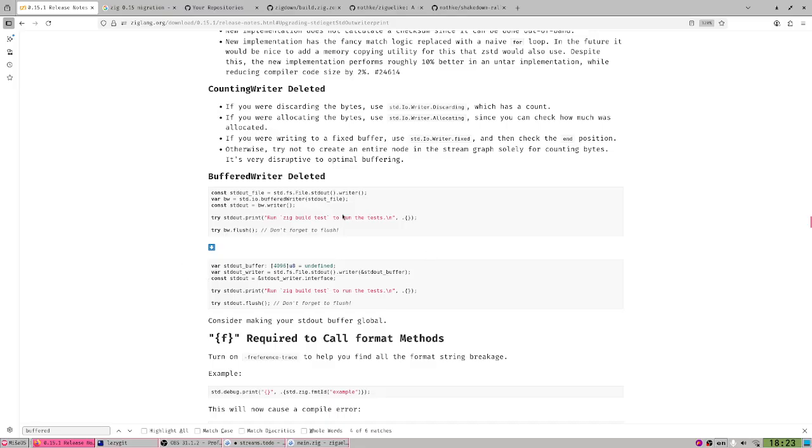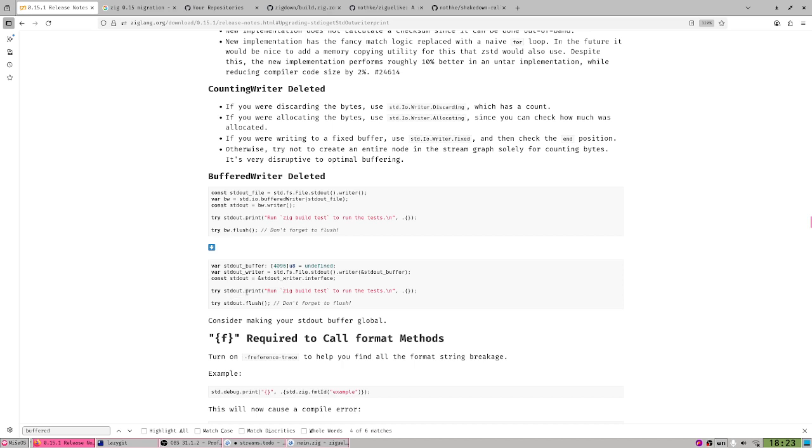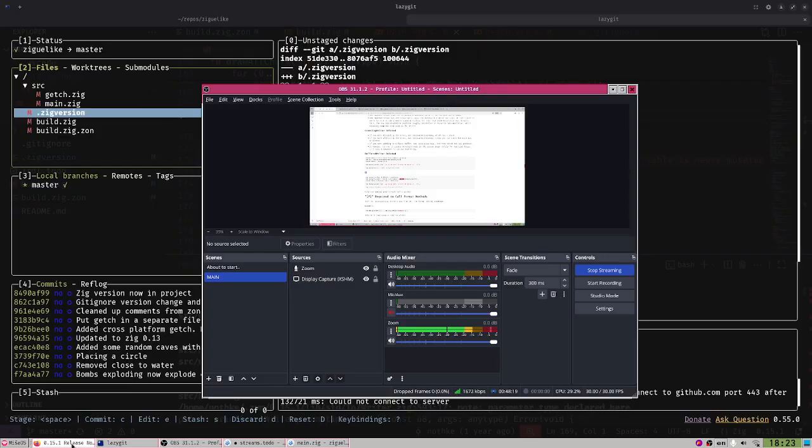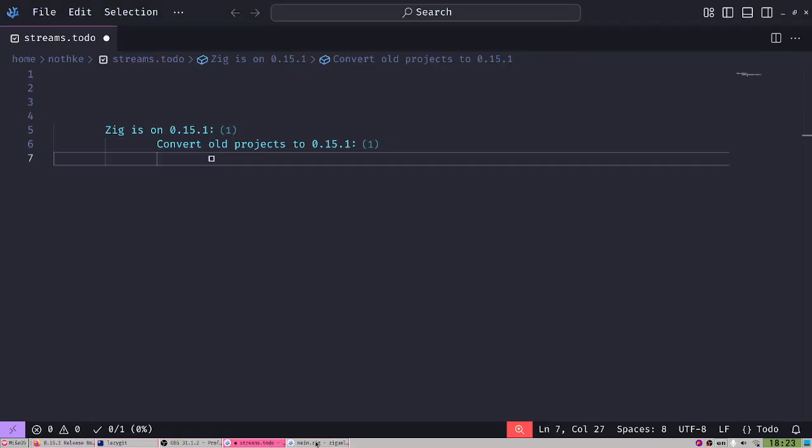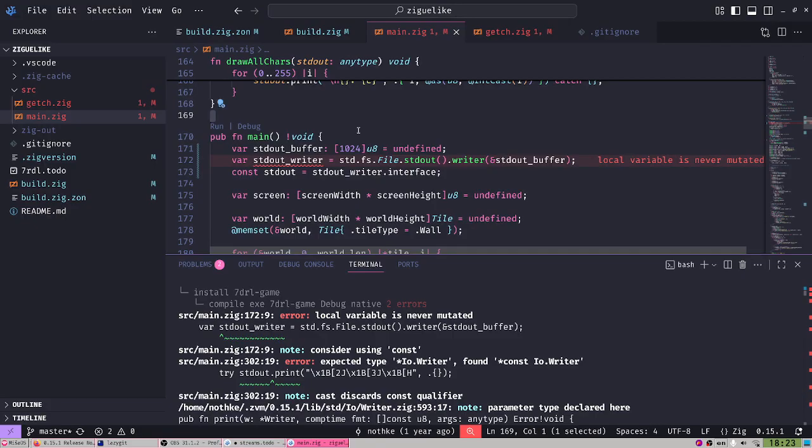In this example, it is actually a try out print. Wait, so I'm providing a buffer, which is mutable, of course, because we need to change it. File std out writer. What's going on here? Local variable never mutated.